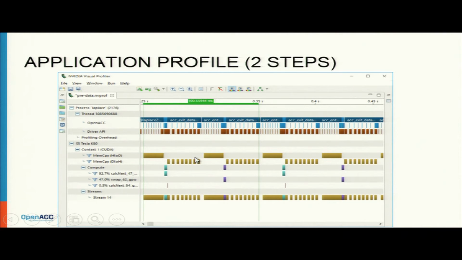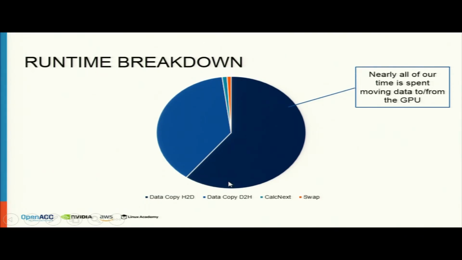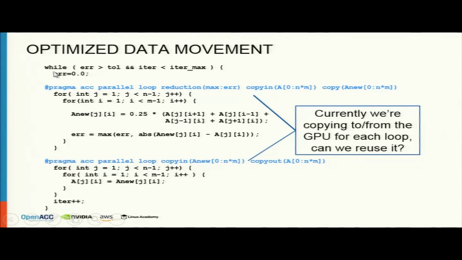Your profiler, it will be much more evident when you profile it. So most of your time will be spent in your data transfer rather than the compute part of it. So why does this happen? Because if you see, this is the outer while loop, correct? At every while loop, you are telling it copy in, copy out, copy in, copy out. Keep on doing this again and again till the time this while loop finishes,